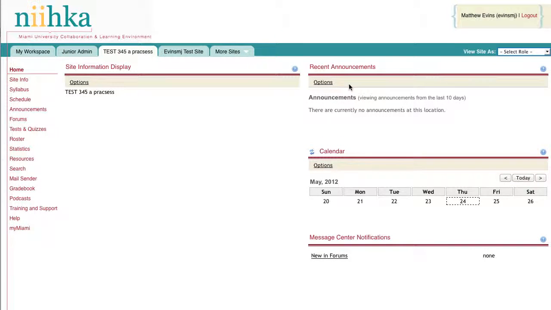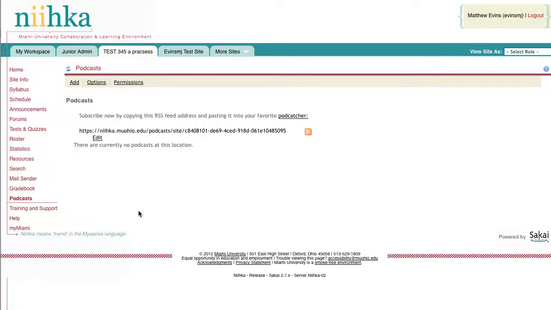To use the podcast tool in your Niihka course or project site, first navigate to the site where the tool will be used. Once you've entered the site, click on the podcast link located in the navigation menu on the left side. Once the podcast page is loaded, you can then add an audio file or video file to the podcast archive